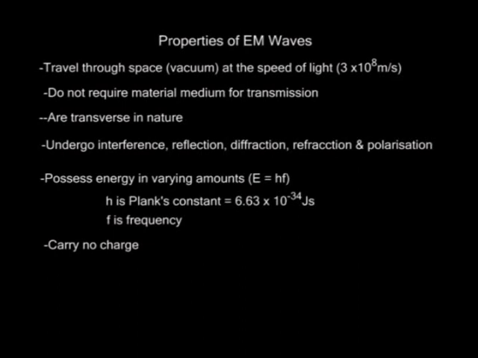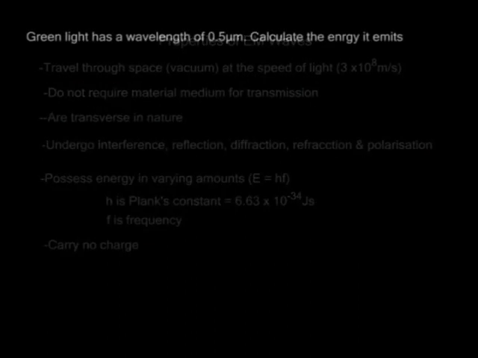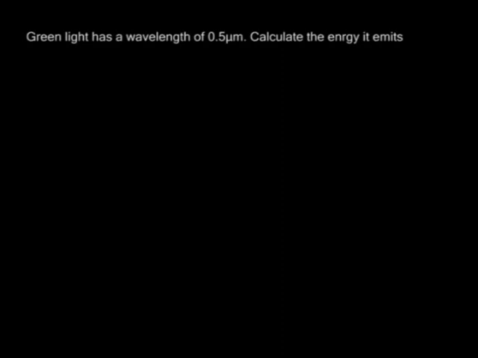Let's take an example. If green light has a wavelength of 0.5 micrometers, calculate the energy it emits. Solution: